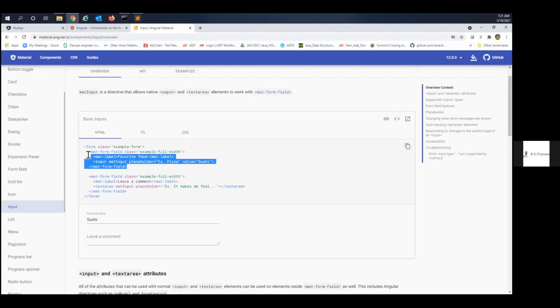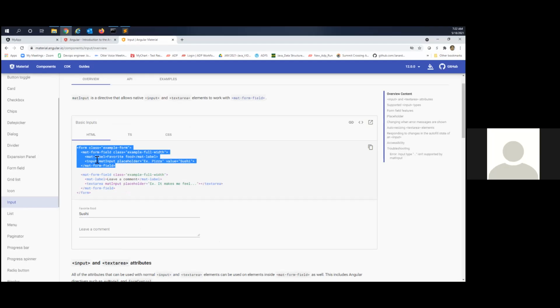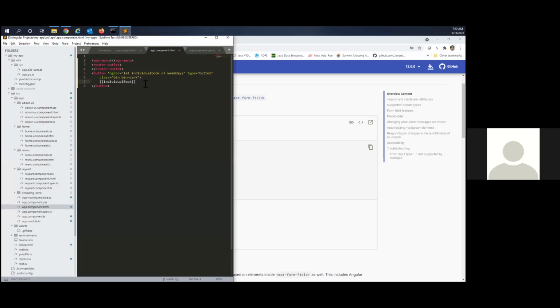Only one is enough for us. I can paste it here, Rajesh.